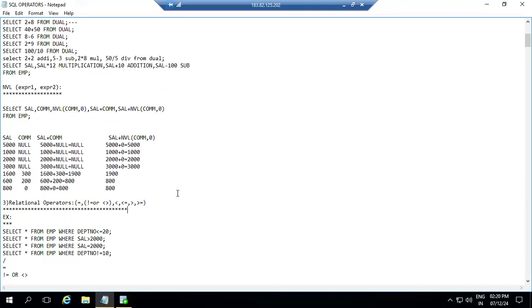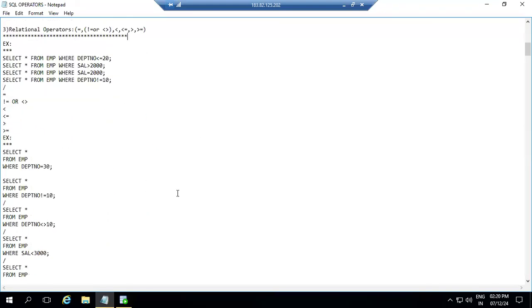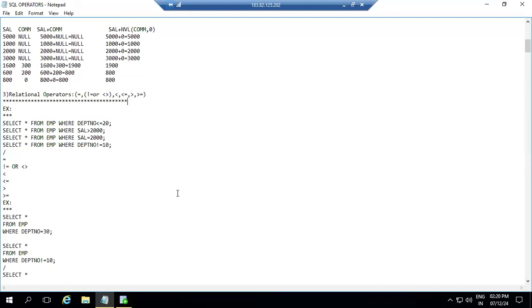Next we have relational operators. Up to that, it was the NVL functionality. Using NVL, we came across this. So next, as I told,